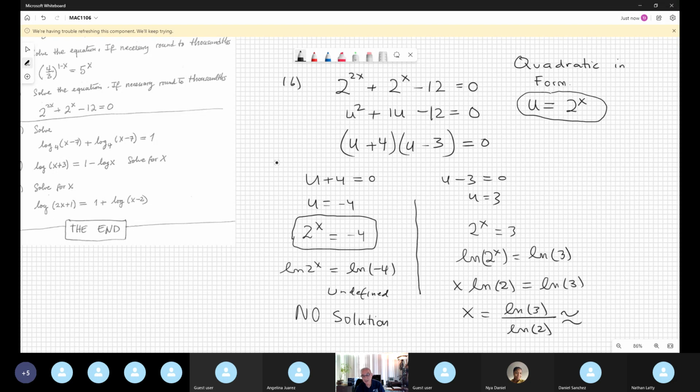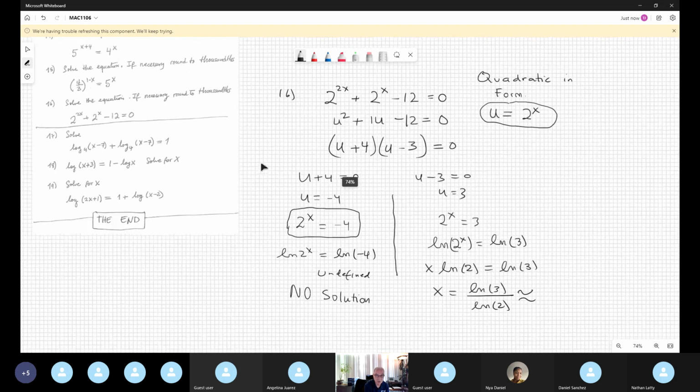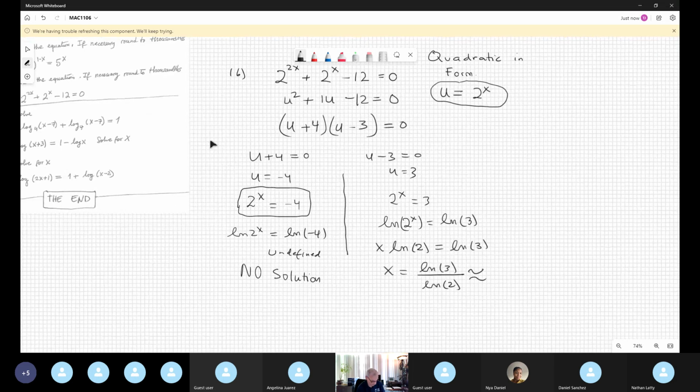This is the exact answer, but in this problem, no. I always need the approximate answer using 4 decimal places. I put in my calculator natural logarithm of 3 divided by natural logarithm of 2. And I make a mistake. Natural logarithm of 3 divided by natural logarithm of 2. The answer is